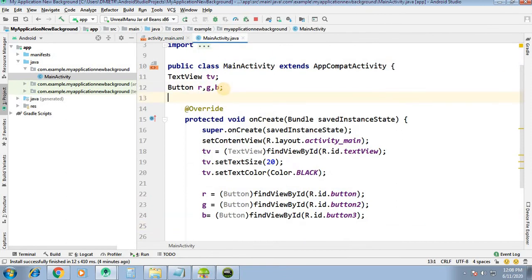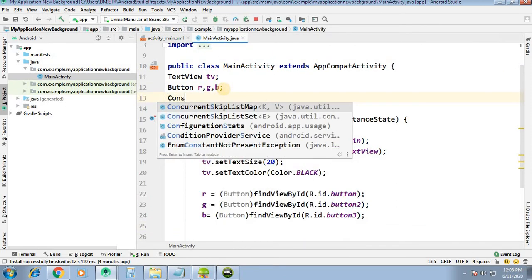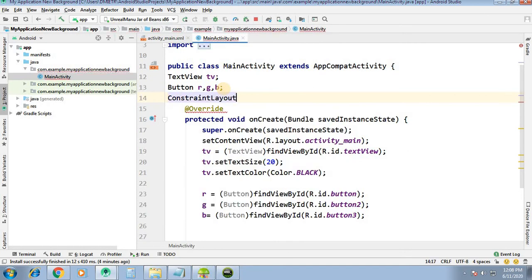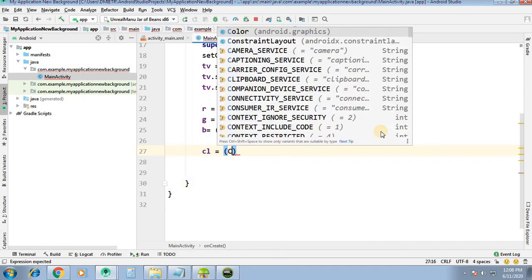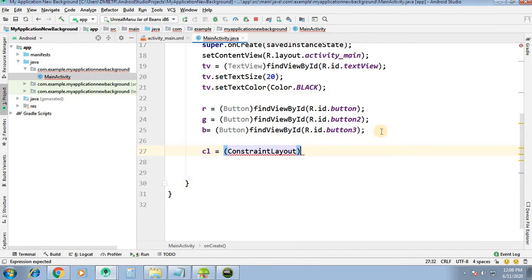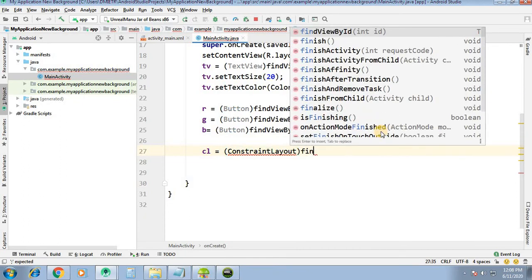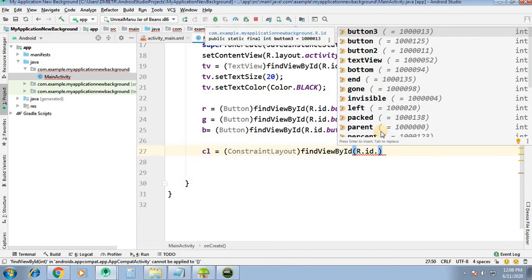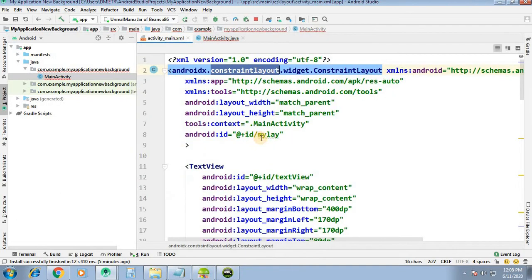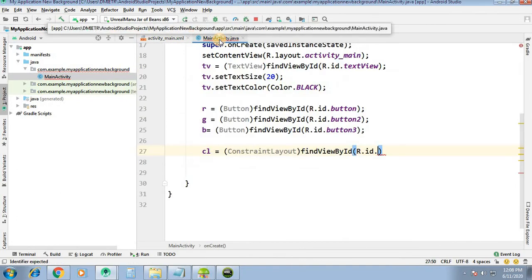Here we will create the object of constraint layout. Constraint layout, for example CL we are setting, and now CL equal to constraint layout find view by ID, R dot ID dot the ID which we have set. The ID is what? This my lay.